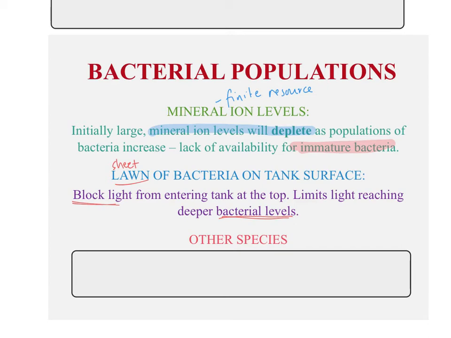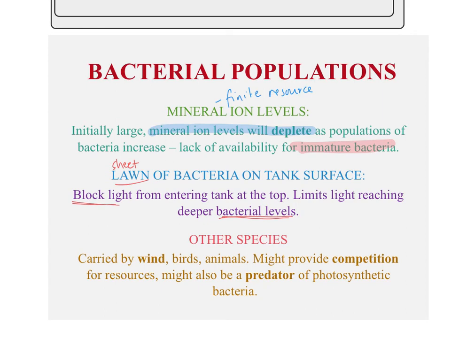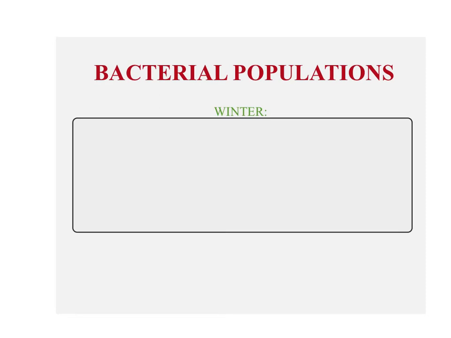If we introduce another species, maybe a predator, maybe just another different type of bacterium, they could provide some form of competition. Okay, so now we're starting to look at how biotic factors are going to influence. So competition, when they're trying to use the same resources as our pre-existing bacterium. Alternatively, they could also be a predator. So maybe they're actually going to feed off of that photosynthetic bacteria and further limit the numbers. Now winter is